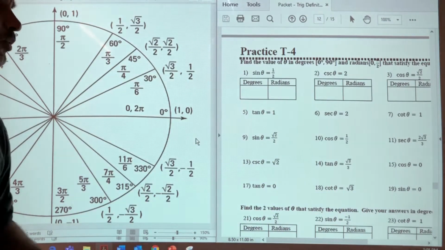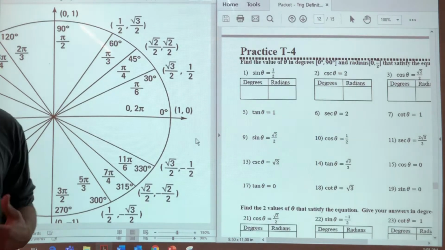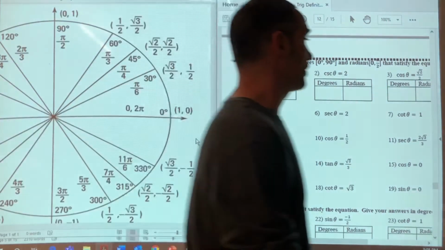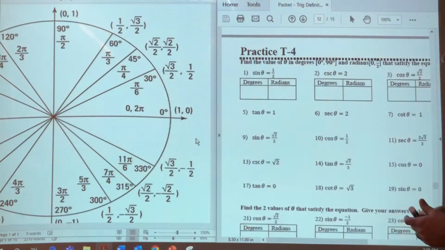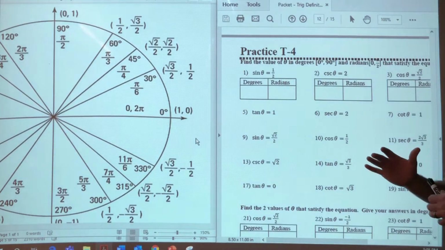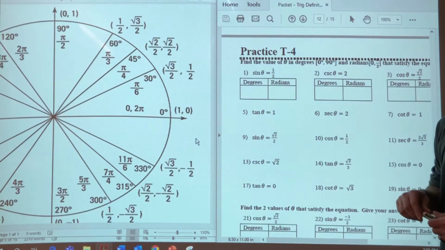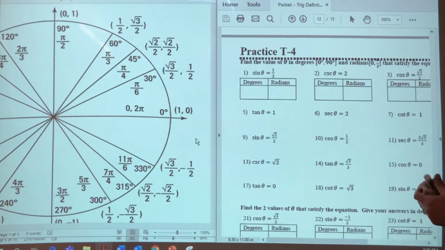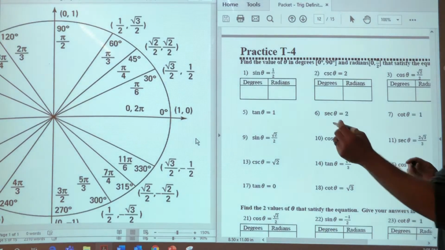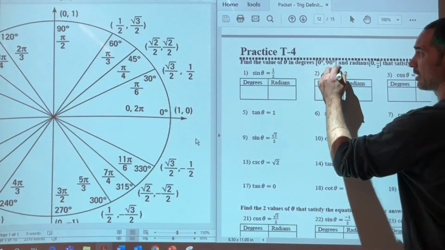So now we're going to deal with something called inverse trig functions. And inverse trig functions just mean that instead of giving us the point, they're telling us what the sine is equal to, and we need to find the coordinate they were talking about. So the first thing is they're telling us